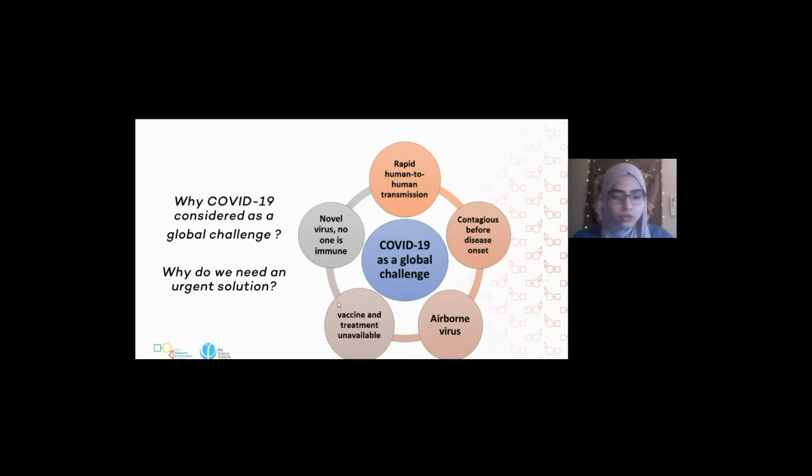So how could we control something we cannot see? Also, we do not have vaccines. We do not have a treatment till the moment. All of those options are under development right now, and we do not have them. No one is immune against this virus because it's a very novel virus. All of those reasons urge the scientific community to collaborate to come up with solutions to overcome this crisis or